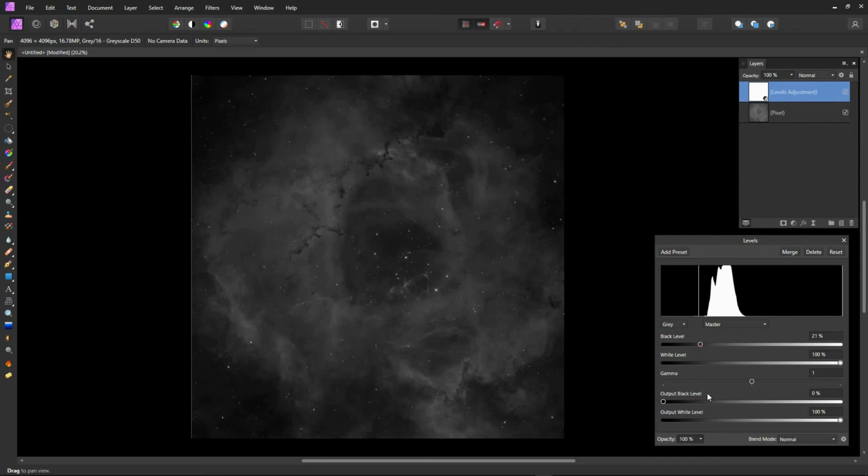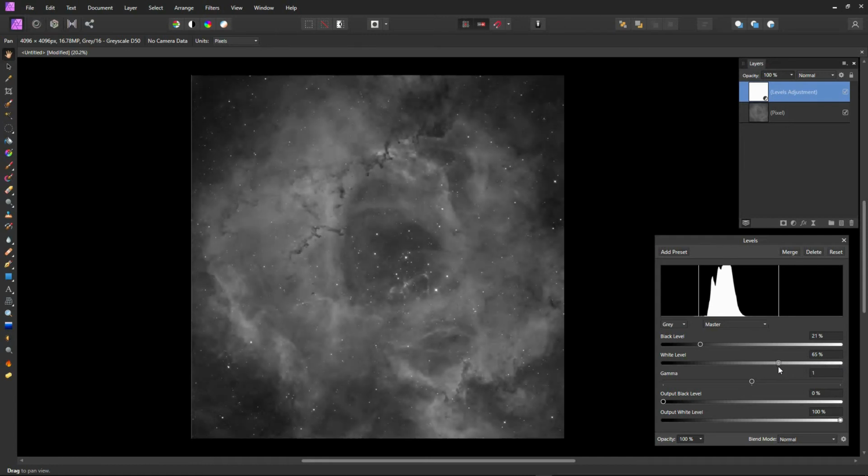You know, as always, I never move this right up to where the histogram starts to rise. We're going to leave a little bit of headroom there, and we'll just do something similar on the other side to the white level slider. So we don't want to go too far with that, and perhaps we'll just bring this a little bit closer now. And once we're happy with this, and it's entirely up to you how much of this you do, I like to have a reasonably dark sky background, but with enough what I call headroom to allow for additional processing